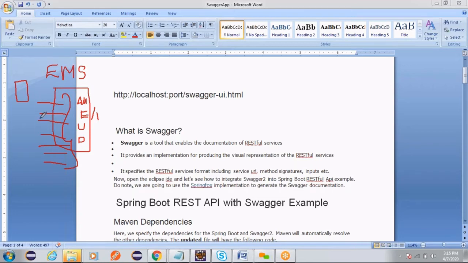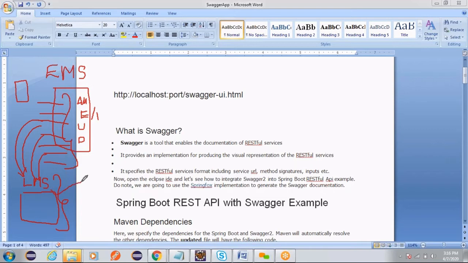Now this service needs to be used in some other application. Let us say an employee loan management system has to interact with certain endpoints of this particular service. Let us say the loan management system wanted to read all employee details, so it calls this endpoint and loads the data into the loan management system. Whenever one microservice interacts with another microservice, there is an interaction from URI to URI, that is, endpoint to endpoint.